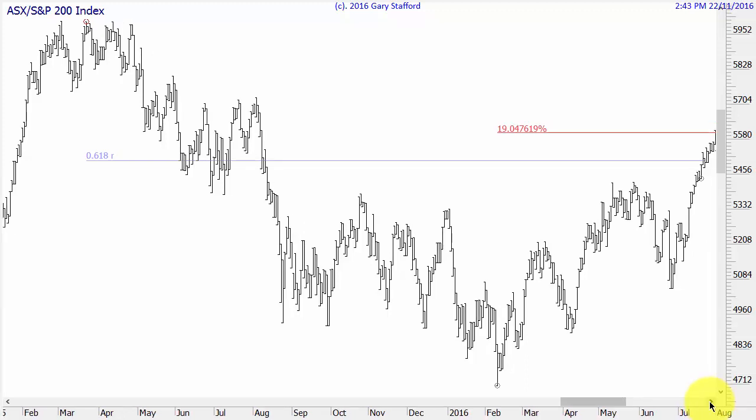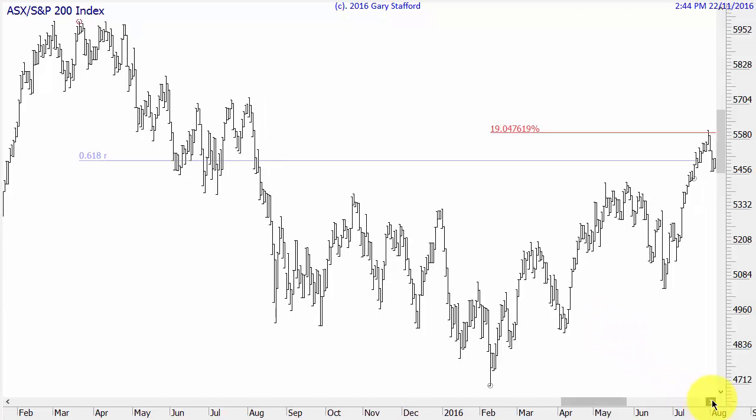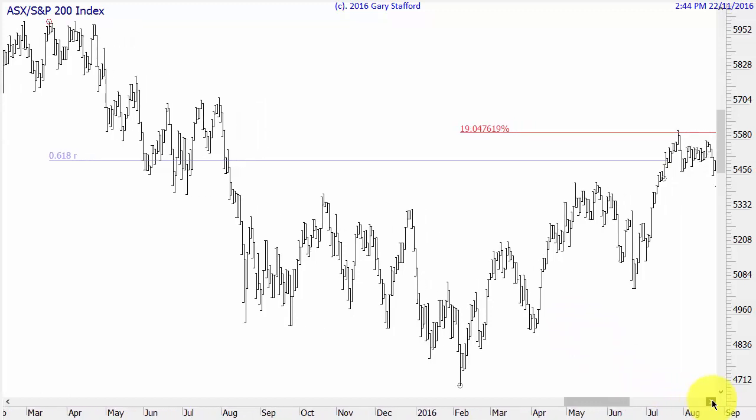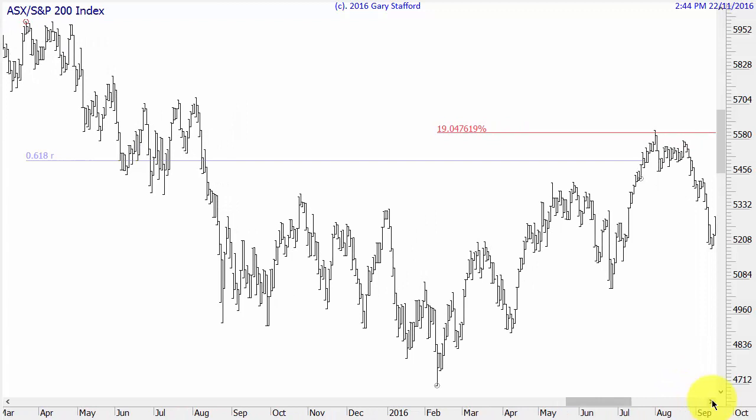Now, what is the trend? The trend since February is very bullish, with some quite severe reactions on the way, but the trend is basically upwards. So you've got to ignore this silly notion that the trend is your friend. The trend isn't your friend, because trends change, and it happened to be the top.